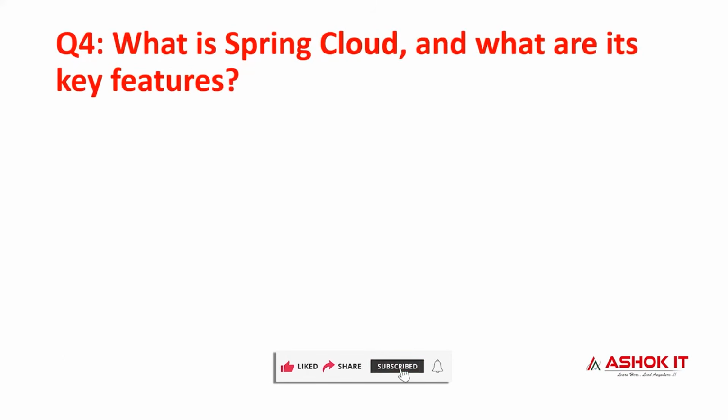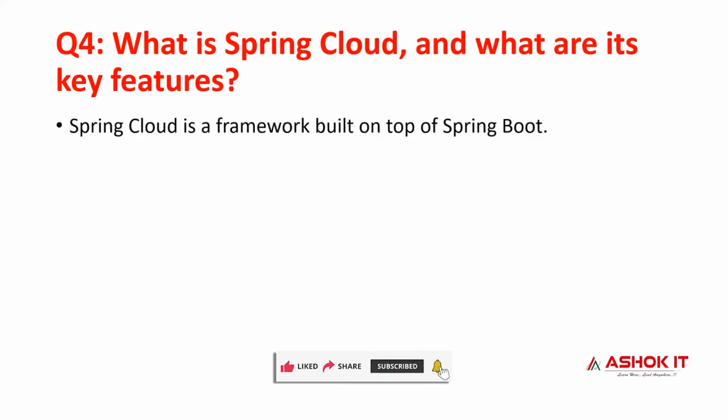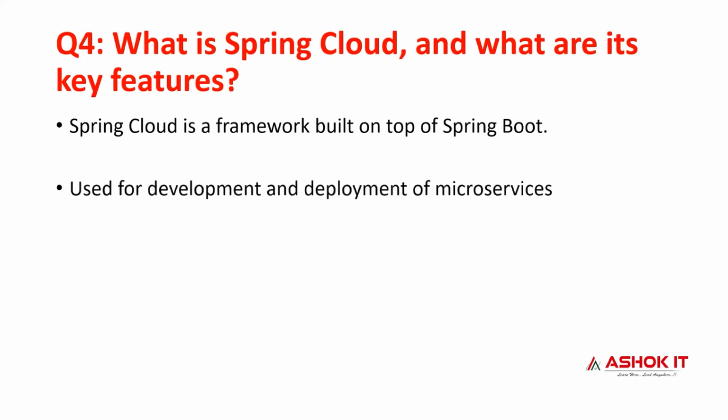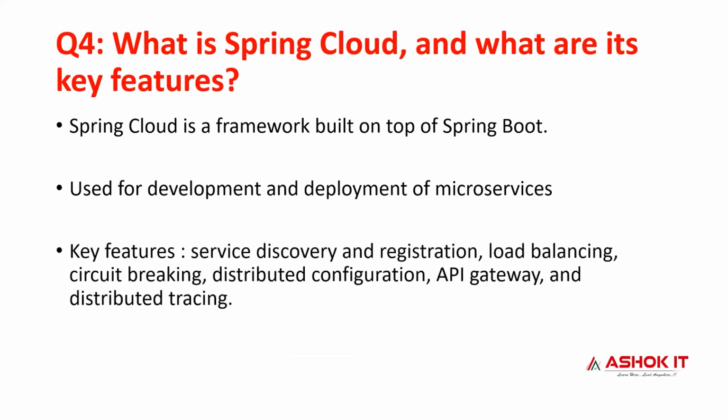What is Spring Cloud and what are its key features? We have seen that Spring Cloud is used to implement microservices. It is built on top of Spring Boot and is used for developing and deploying microservices. The key features are service discovery and registration, load balancing, circuit breaking, distributed configuration, API gateway, and distributed